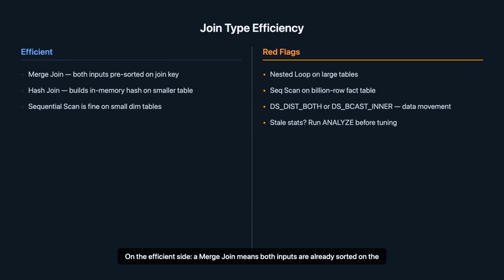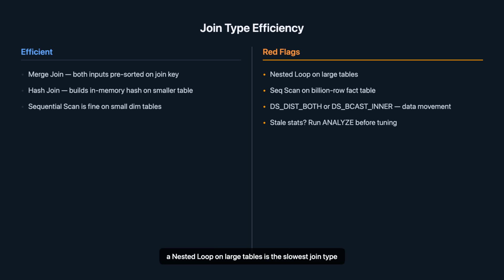Here's how to read what's good and what's a red flag. On the efficient side, a merge join means both inputs are already sorted on the join key, which is the fastest join Redshift can do. A hash join builds an in-memory hash from the smaller table, which is still very fast for most workloads. And a sequential scan is fine on small dimension tables. On the red flag side,